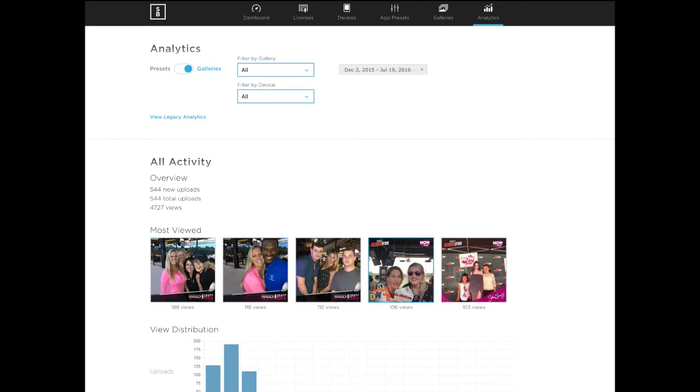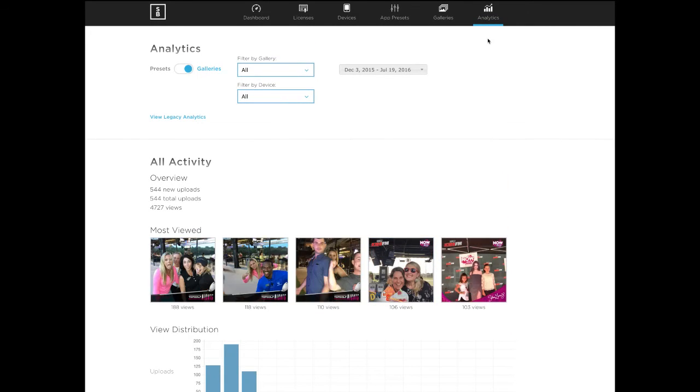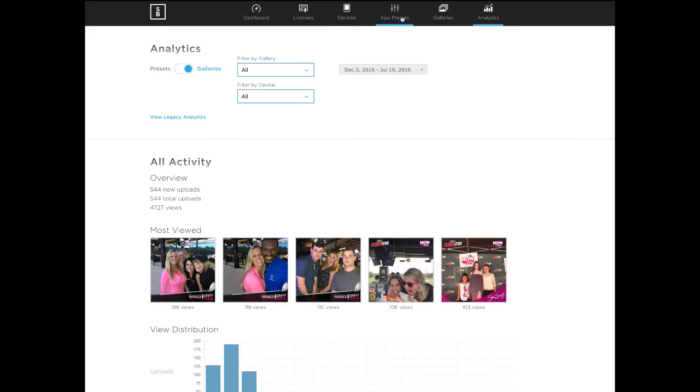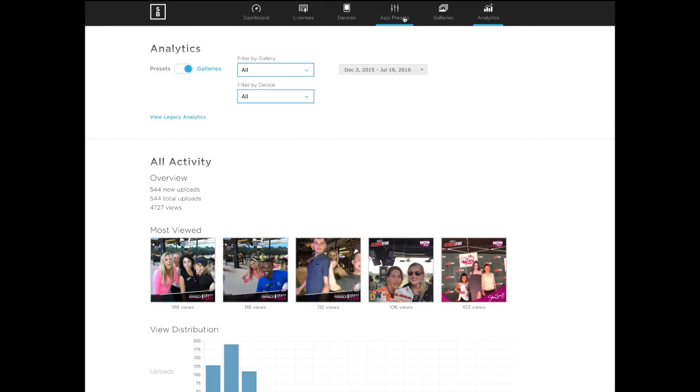So that is analytics with presets and galleries. If you have any questions about creating a skin or an app preset, as it's officially called, or a gallery, or how to get your analytics or how to use them,